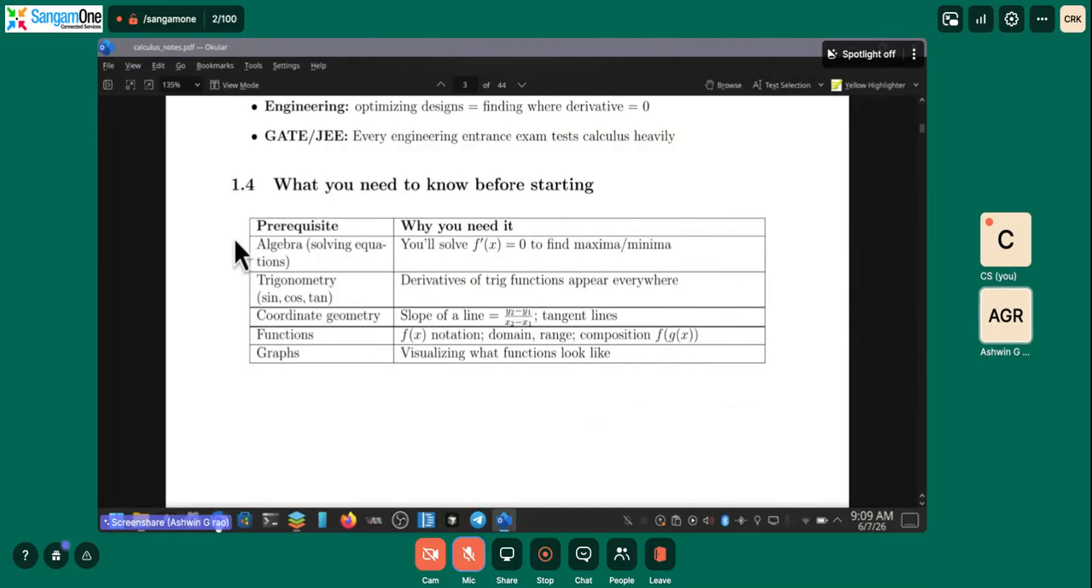The prerequisites you need to know are algebra, trigonometry, coordinate geometry, functions, and graphs. In previous sessions, we covered algebra, functions, and graphs. Still, trigonometry and coordinate geometry are remaining. We will cover some basics in a later